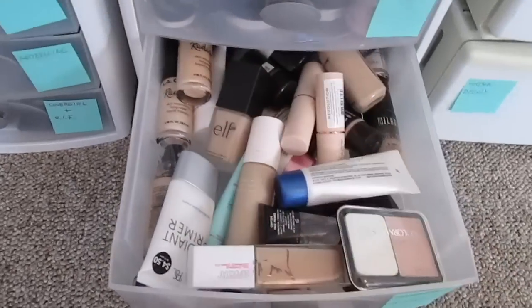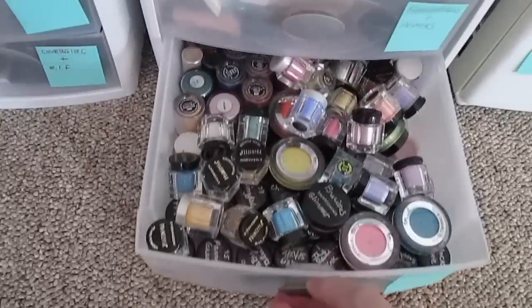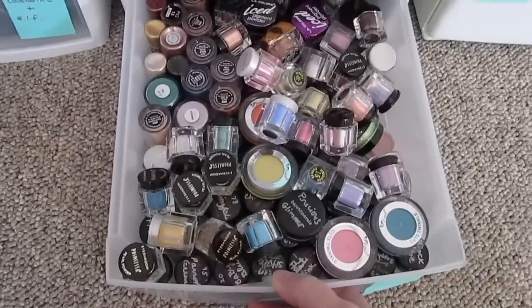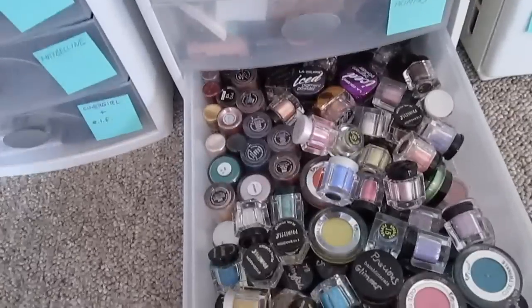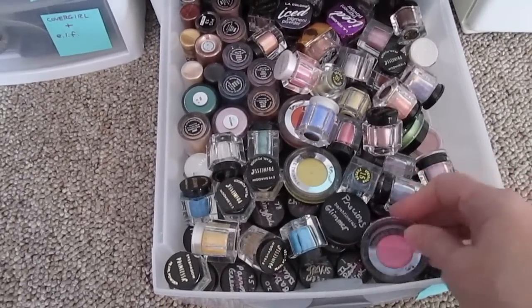Probably the most beautiful makeup item that I own are my pigments. This whole bottom drawer is full of pigments, all different brands. Everything from MAC to the $1 pressed pigments that I got from,